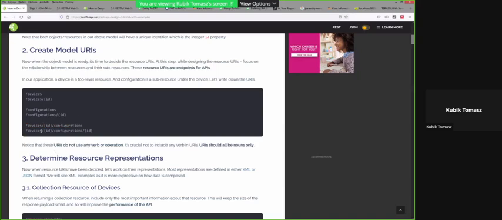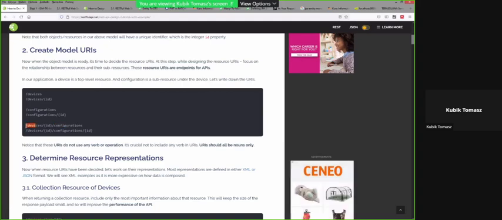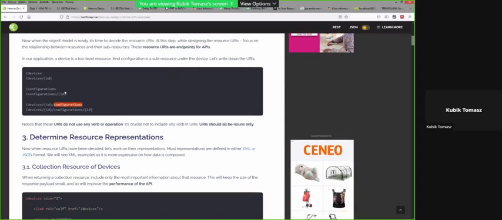Whenever you are talking about one type of object which might have some relation to other kinds of objects, you can declare the endpoint where you put an ID of that object as an attribute, and these other relations you get from additional endpoints. So as you may see, in that way you can access all these dependent tables and all this dependent data from well-designed